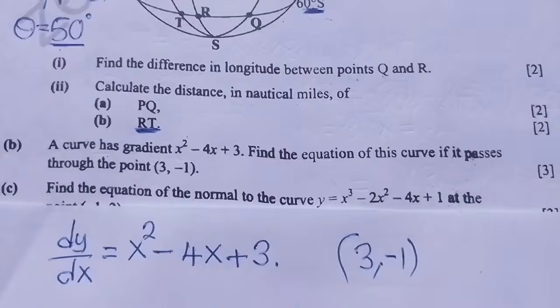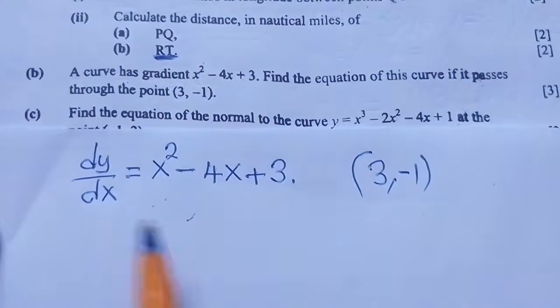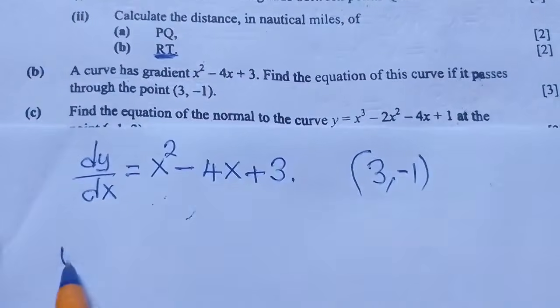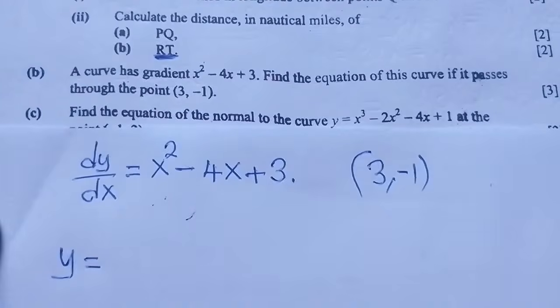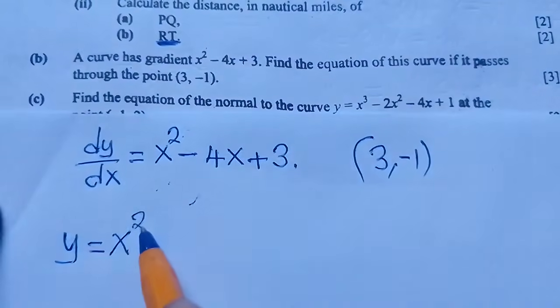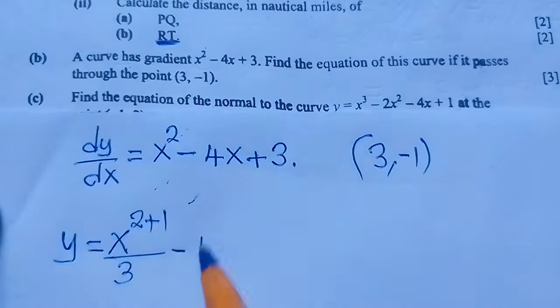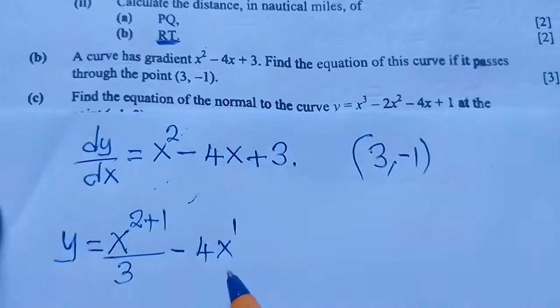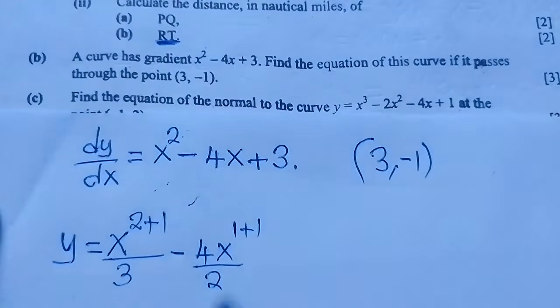You say, okay, for you to answer this question, first you integrate this. So how do we integrate? Y is equal to, we've done integration, so I'll be very fast so that we finish this. You just put a 1 plus 1. You say x, power add 1. The power which is the, have you seen it is 3? The 3 comes down there. Minus, you are having 4x. There is 1 there. So you say plus 1 over the 2 comes down here like this. Then plus, that is